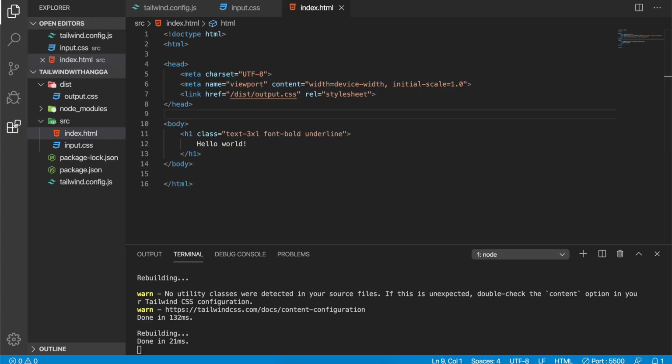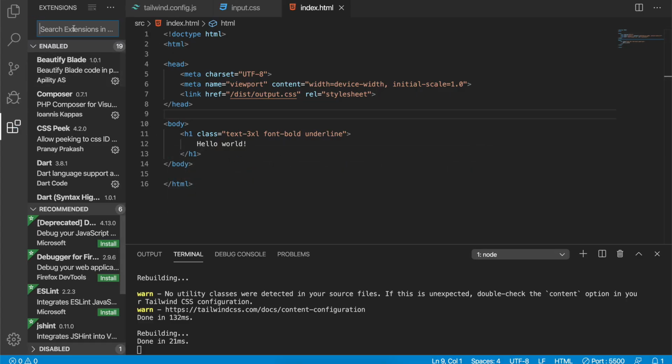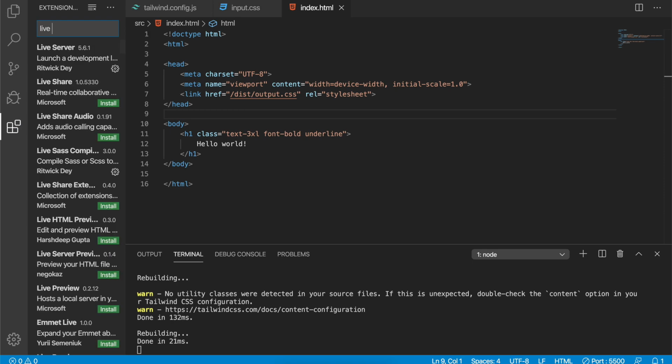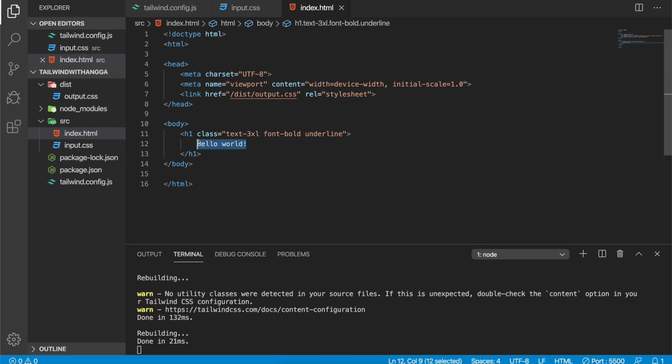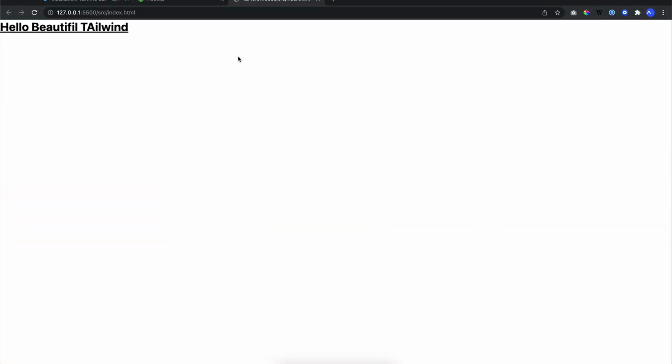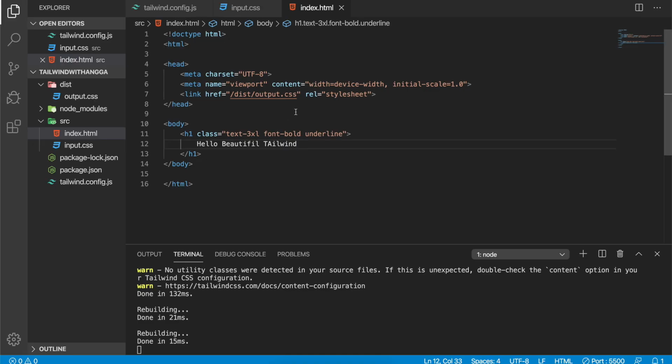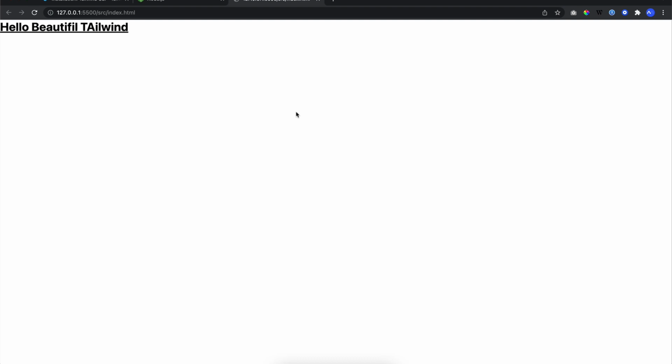If you don't have Live Server, just go to the plugin or extension tab and find Live Server. Why do we use Live Server? Because whatever change is made here, like "hello beautiful Tailwind", you don't have to refresh. Can you imagine you are using two monitors, and the right one is maybe for the coding and the left one for the preview, so you don't have to refresh, just change and then it's already done like this.